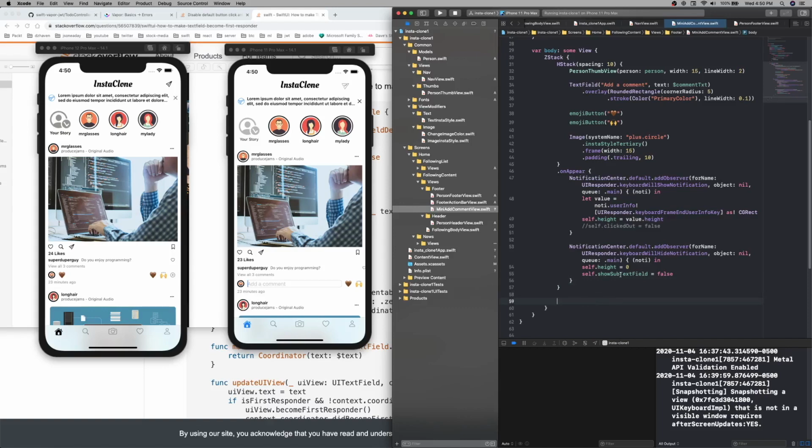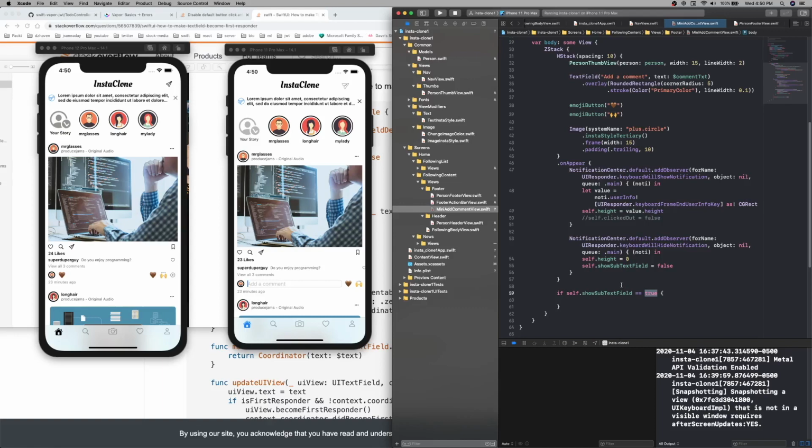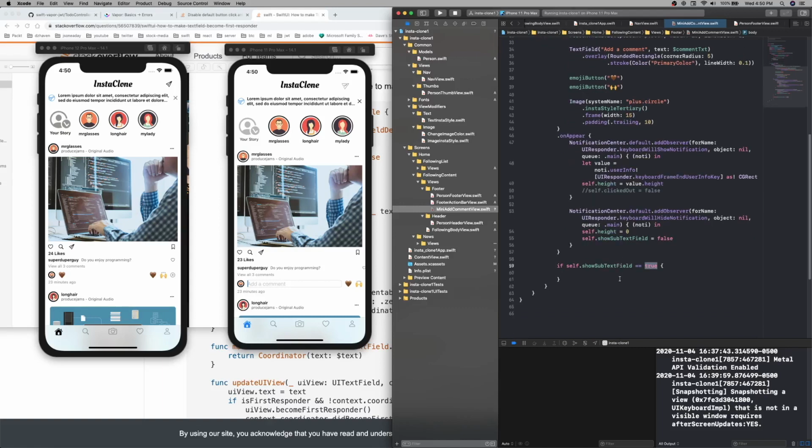So how do I make use of these members now that I have information for? So what I can do is I can check whether the show subtext field is set to true or not, meaning, hey, show me the text field. The keyboard has showed up. So if I check that,